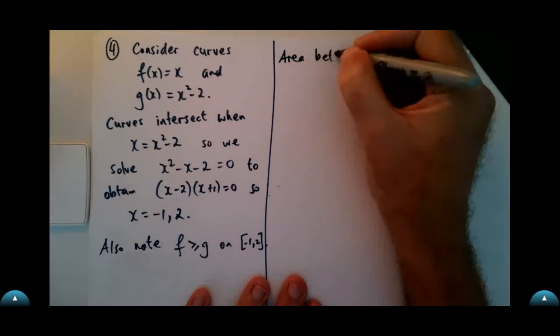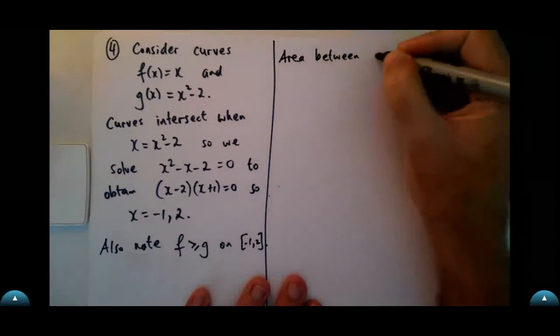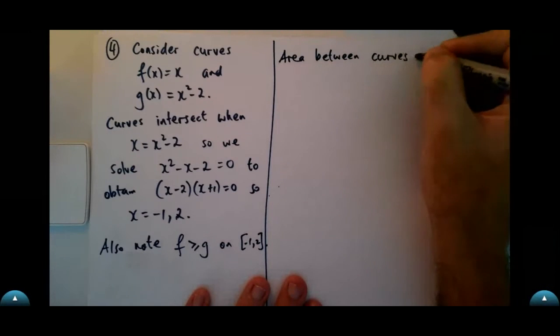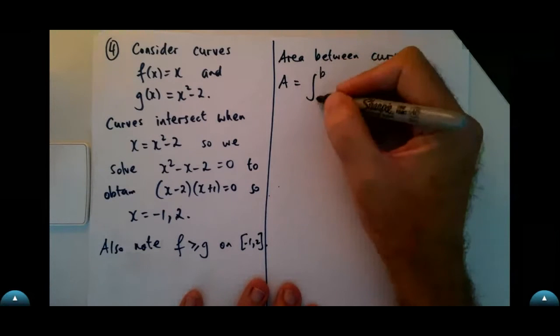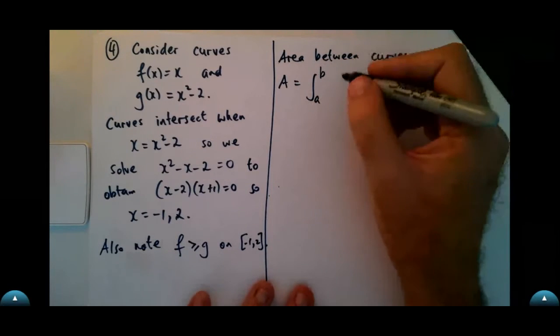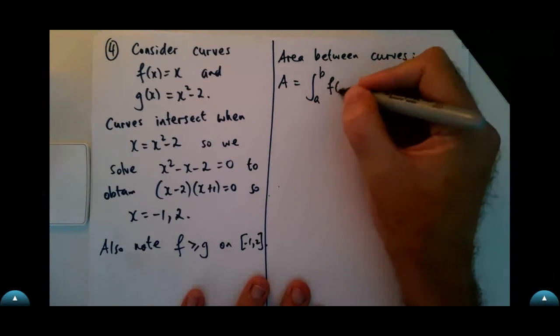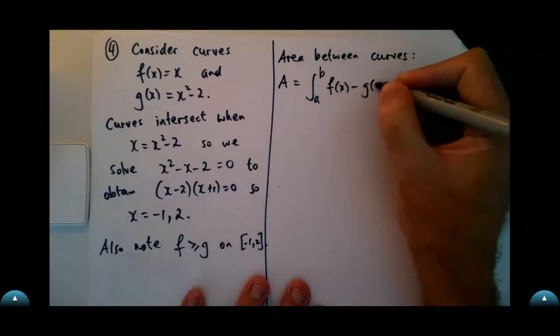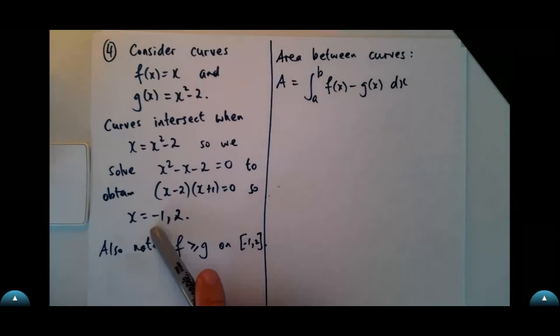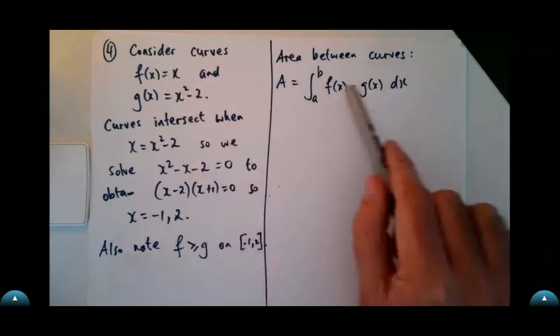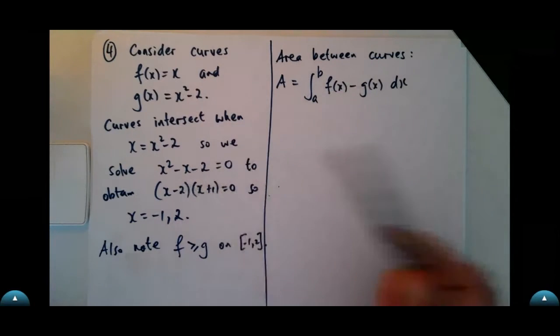The area between our curves, let's call it A, is going to be the following. Little a here is -1, b is 2, f is this, g is this, and so